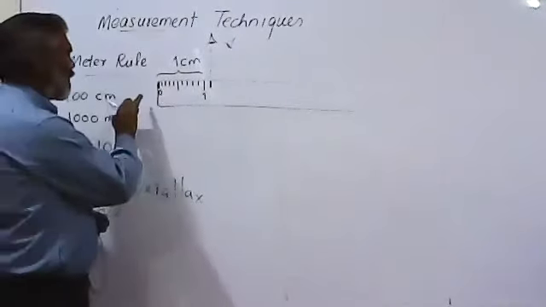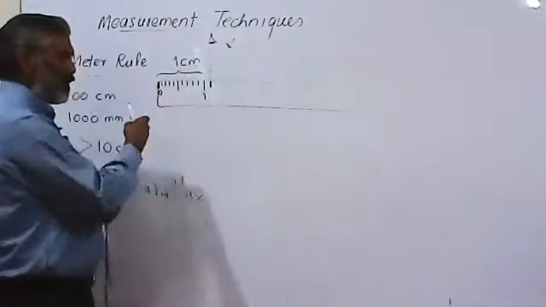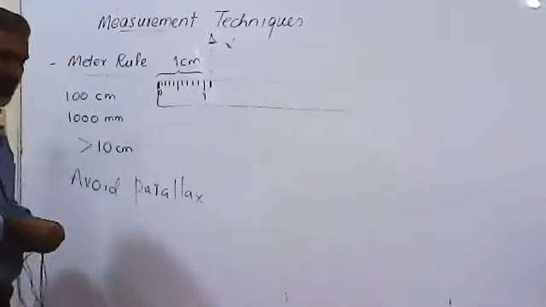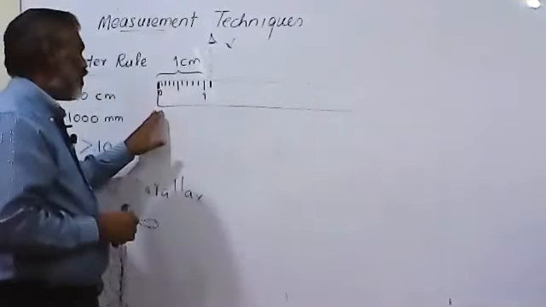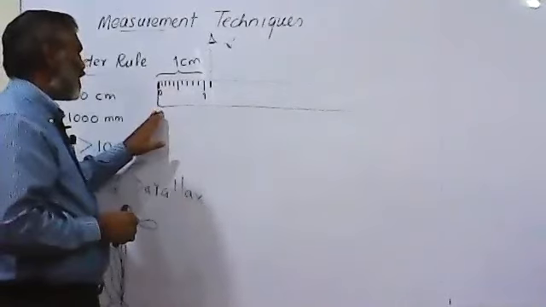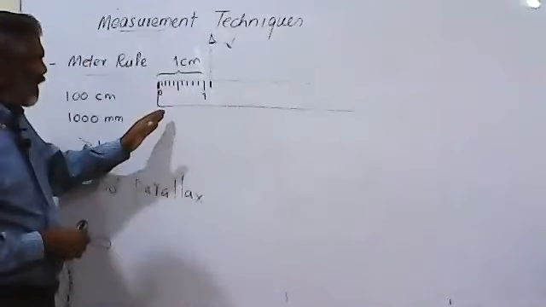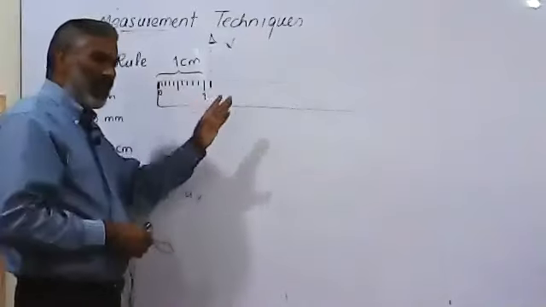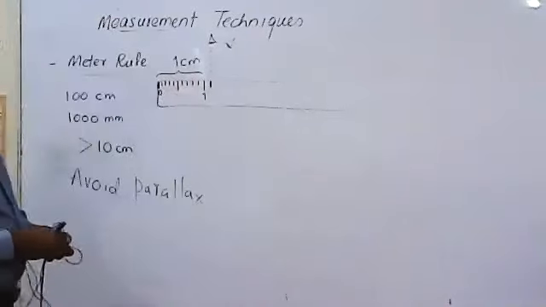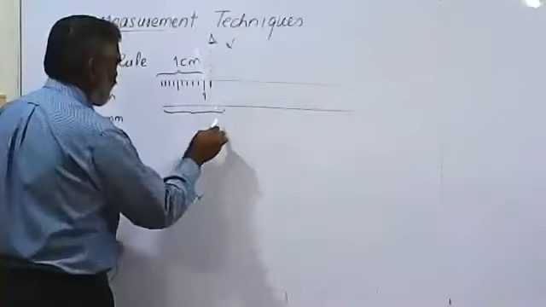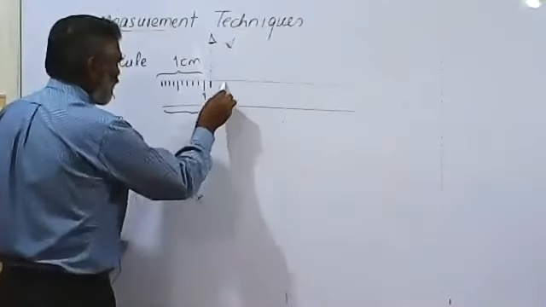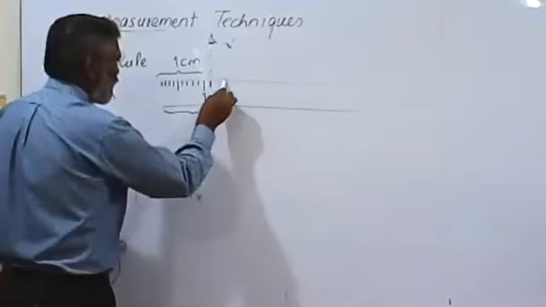Sometimes its edges are broken. Usually we do not use such kind of instruments in the lab. They are always new with no wear and tear. But let's say in the exam they give us a situation like this. Then if we start from some other number instead of 0, we take care of that number, because this number means the object has, if this is the size of the object, this number,